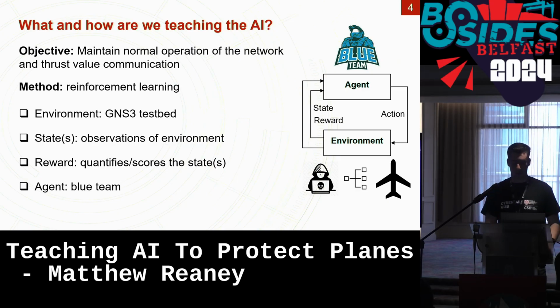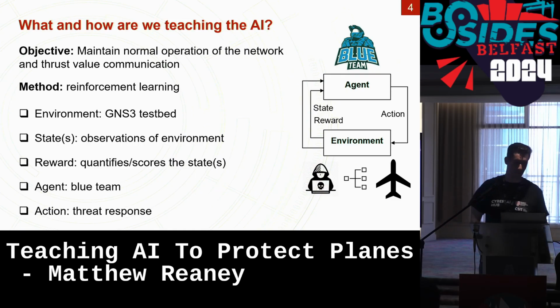And then our agent is basically our blue team in this scenario, acting as our defender. And they take actions, which is going to be like threat response, or what do you do? How do you fix the problem? And this action is then driven by your reward. The agent wants to maximize their reward to be as high as possible, rather than something like accuracy in the classifier I showed. This goes off reward. There isn't really an accuracy that you can use.